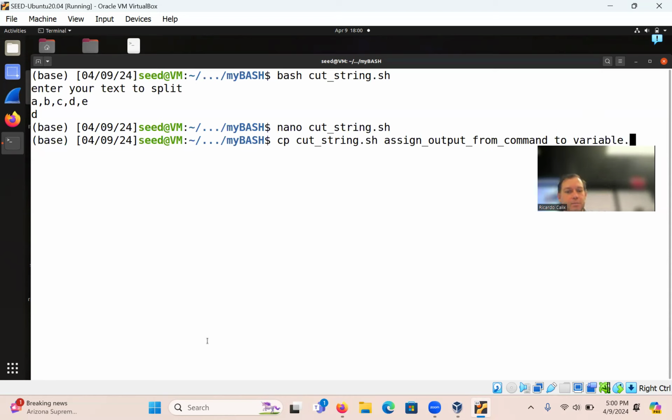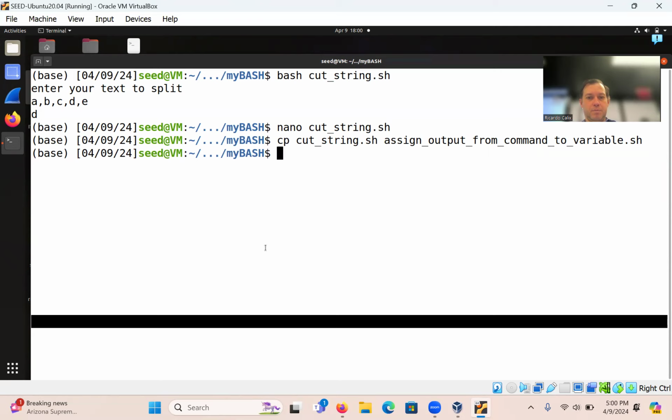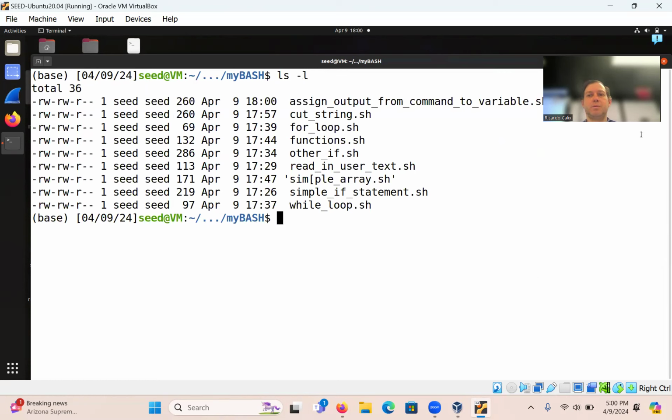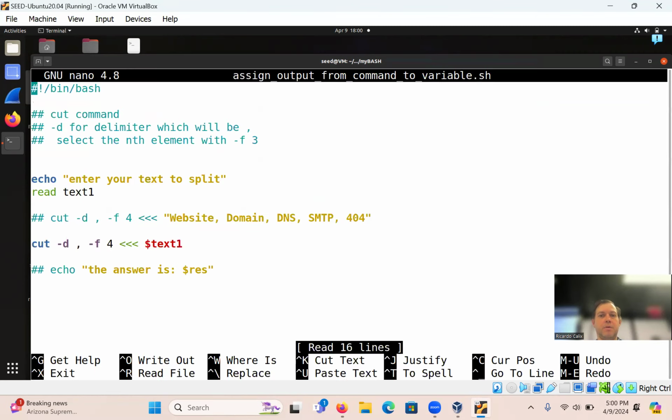Pretty long, but I'm going to reuse the same script. I want a new one. I'll do clear. Okay, so it should be that one. All right, so do nano here. Nano assign. There we go.